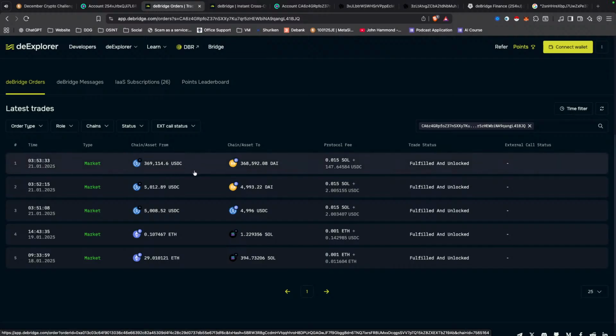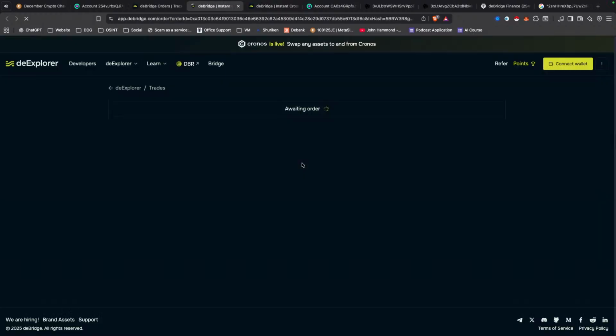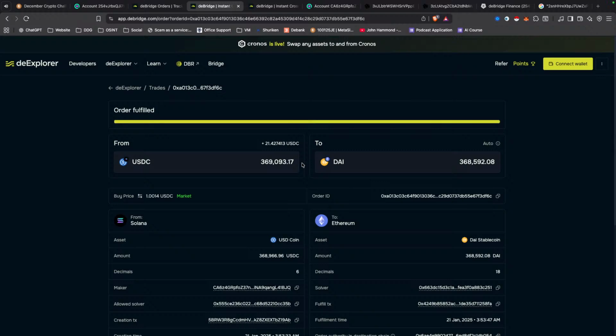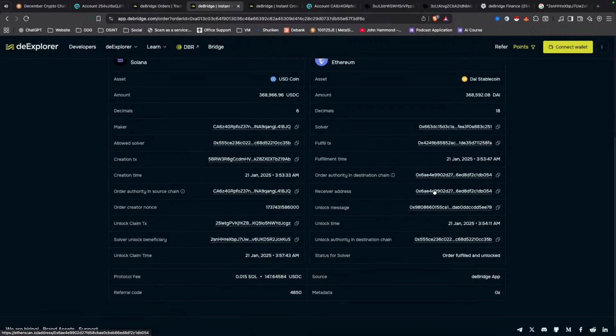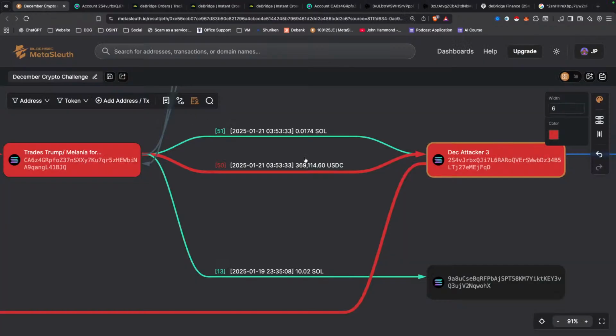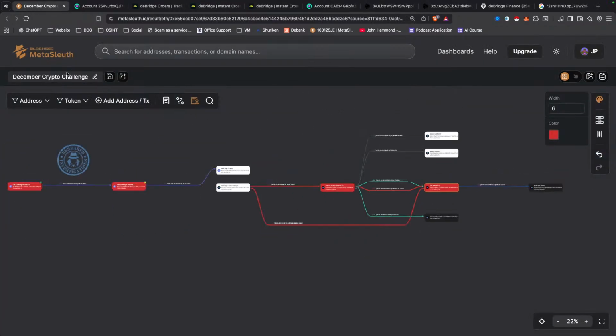It gets sent from Solana across to Ethereum, goes to DAI. DAI is a stable coin that's decentralized. There's no freezing it. There's no blacklisting or anything like that that you can do. So here's the transaction. Here is the maker. Remember, the maker is the important address, and then the receiver is also an important outgoing address as well. So if we take this address and we add that to our chart,